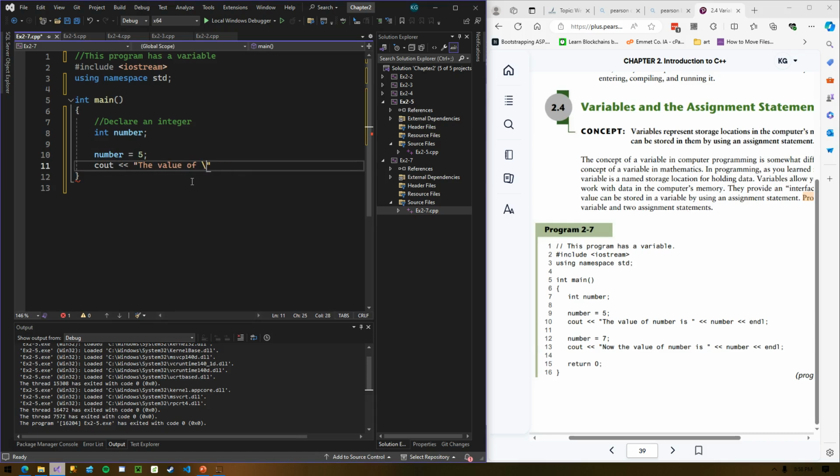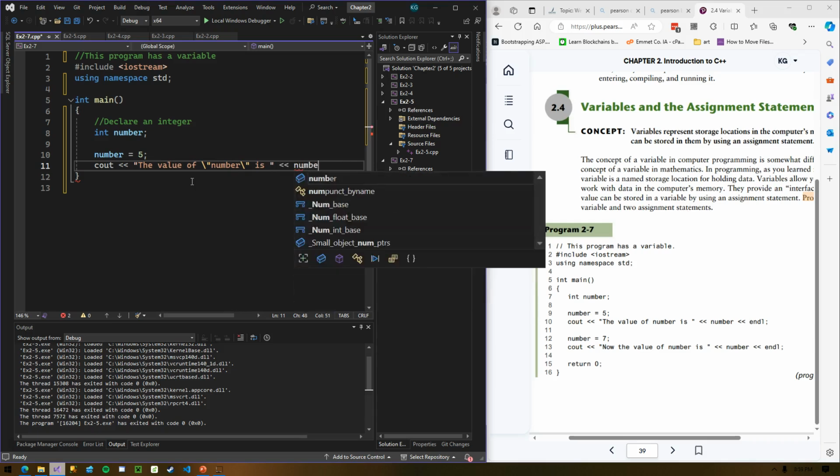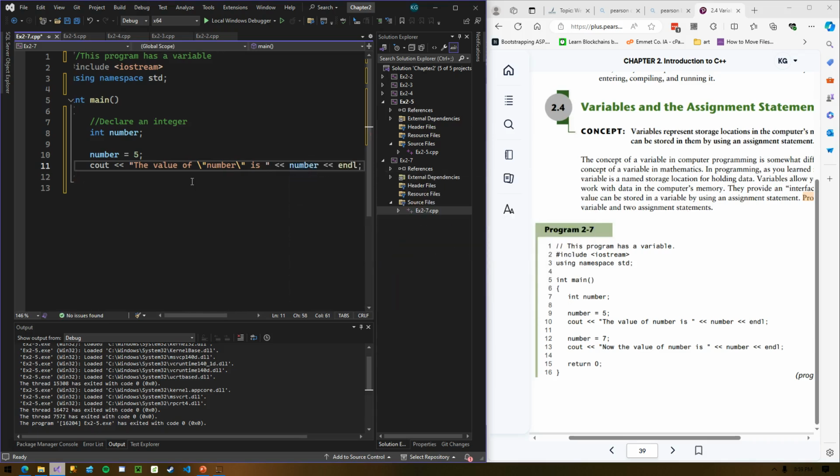We could even do something like this. Practice with our escape sequences. The value of number is, number, endl. Okay, notice we've used 3 sets of angle brackets, where we're printing out this string. It's called a string literal, complete with escape sequences. We're outputting the value that's stored inside of the number variable, and then we're outputting a new line.